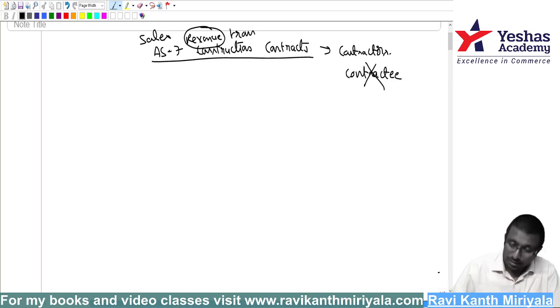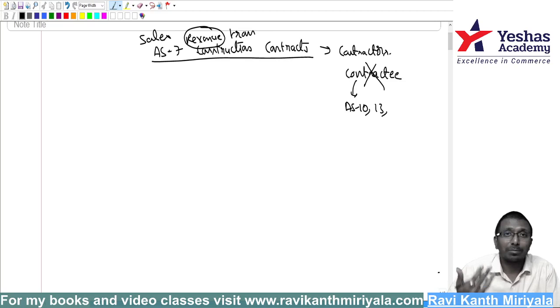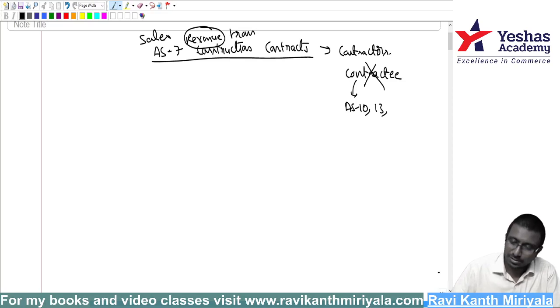Why, sir? For the contractee, you constructed one house for me. That may be PPE, property, plant and equipment, so I may need to refer to Accounting Standard 10 or Accounting Standard 13. It can be an investment, maybe I am getting it constructed to give it on rent, or for capital appreciation, or some other purpose. Or I may refer to Accounting Standard 2 if my business is getting it constructed by you to sell it to somebody. It depends on my intention, how I want to use that building. So it is applicable to the contractor, but not for the contractee.